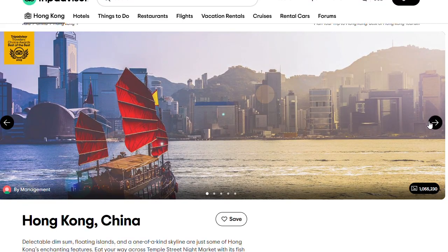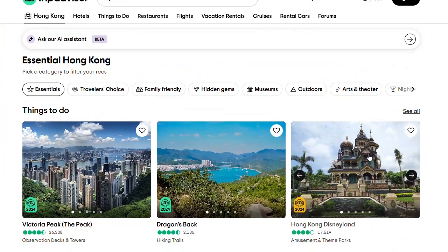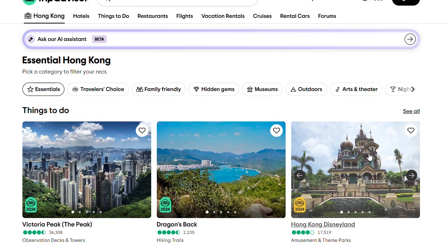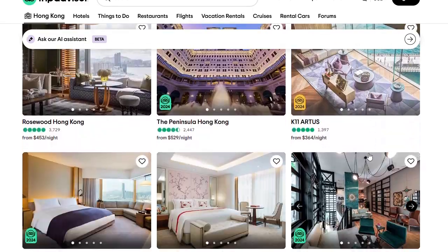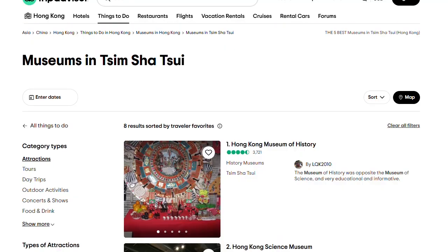Tsim Sha Tsui in Hong Kong is home to several notable museums that offer a rich cultural experience. These include the Hong Kong Museum of History, Hong Kong Science Museum, Hong Kong Space Museum, and Hong Kong Museum